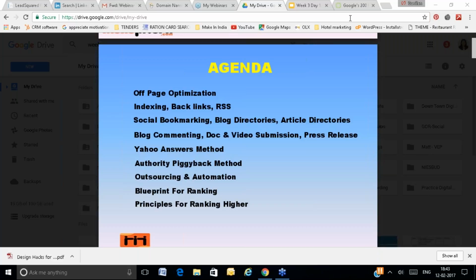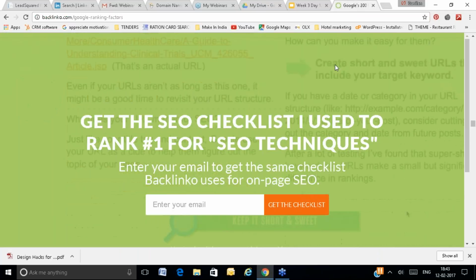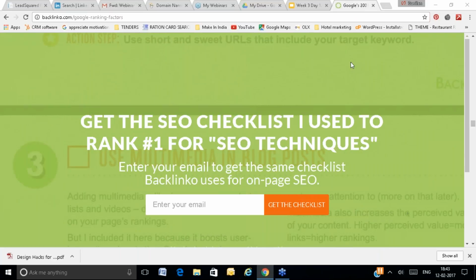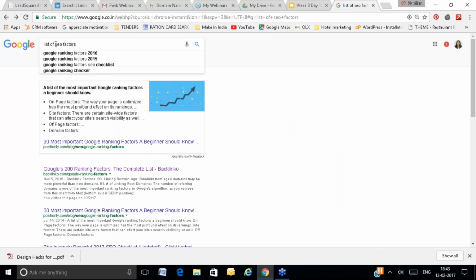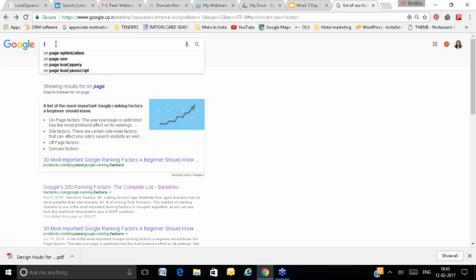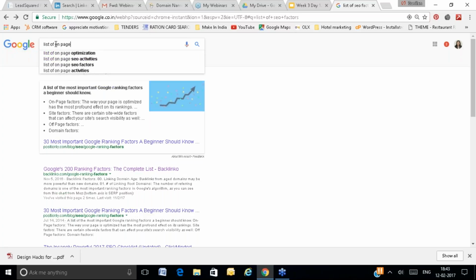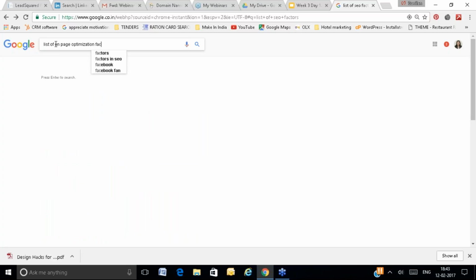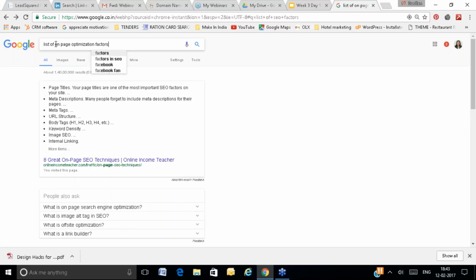So I'm going to very briefly revise the on-page SEO factors, and then we will move to off-page SEO. It's a very brief introduction.